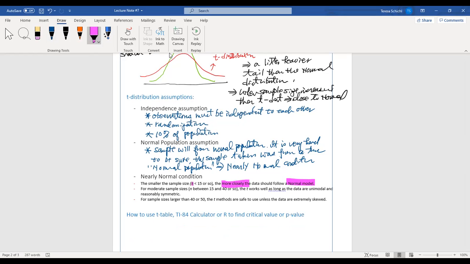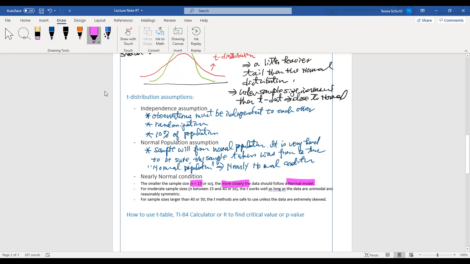When we talk about a small sample, meaning your sample size is less than 15, you can make a histogram to see how much it looks like the normal distribution. Then if your sample size is moderate,